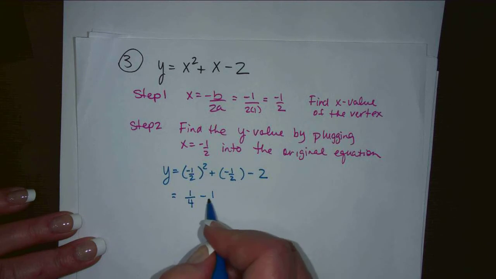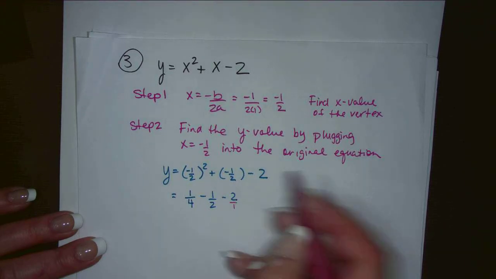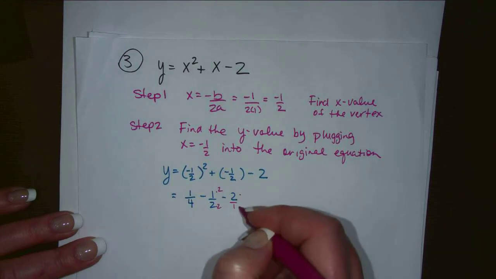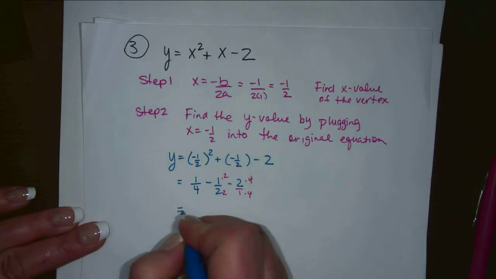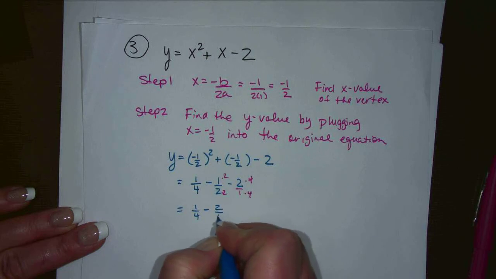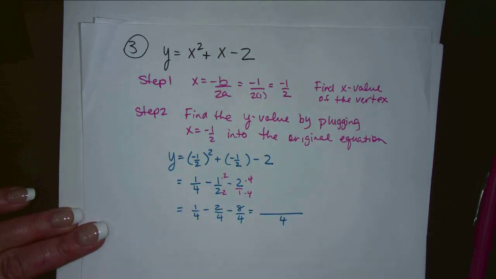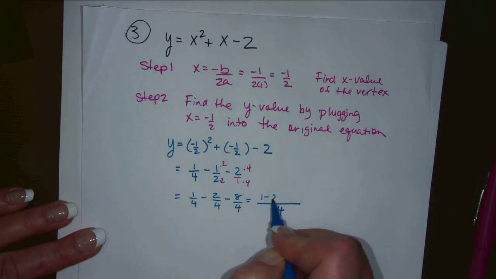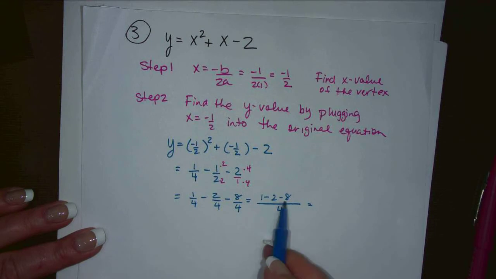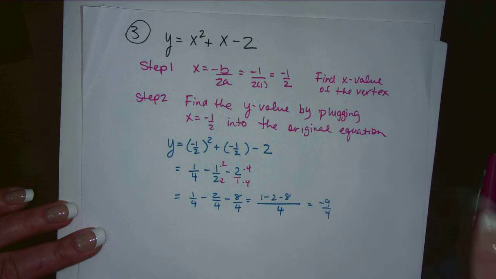Nothing to do to this one, so we can just get rid of the bracket. Common denominator. That 2 is like over 1. So we'll multiply this one by 2 and this one by 4 so that they're all over 4. Now that they're all over a common denominator, we can work out the numerator, the top. So here's negative 10 plus 1, negative 9 over 4. So our vertex